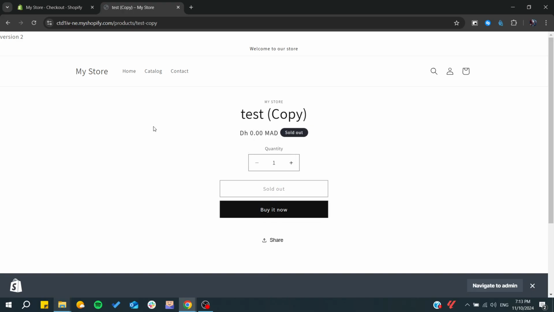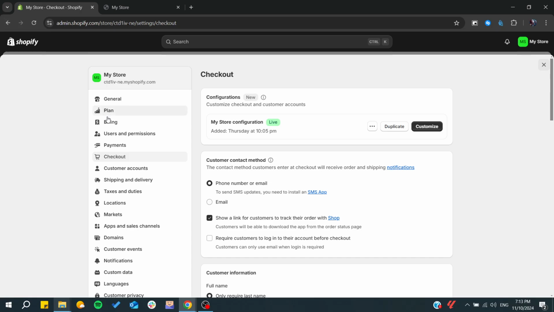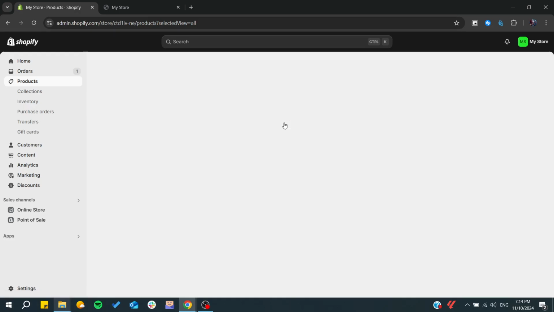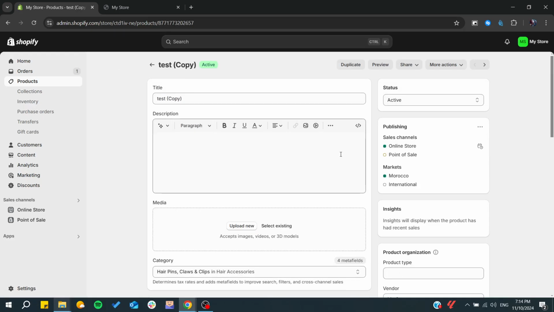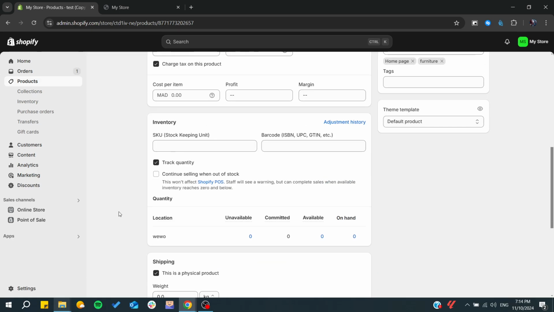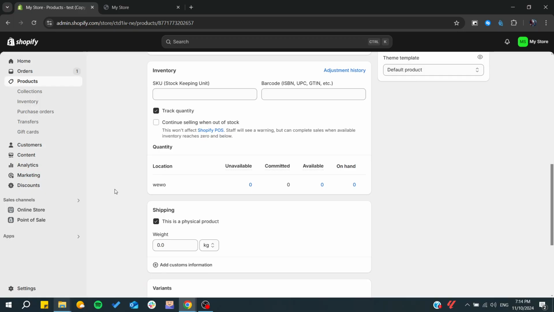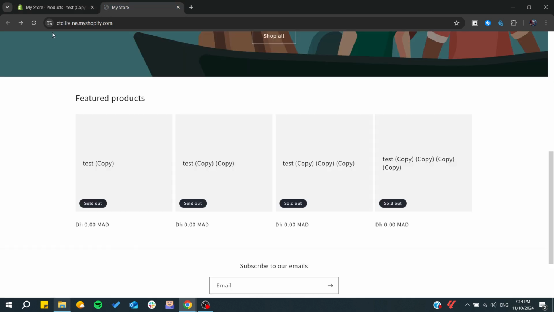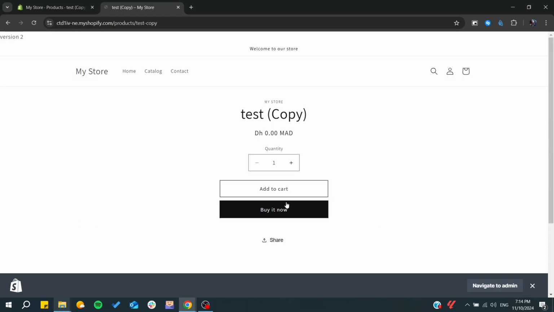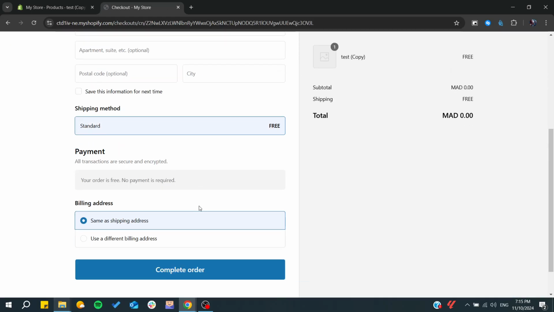Make sure that there is some quantity in your products page. So for example, going to the products, and for here, we can add in inventory some amount. So let's just add the amount available, and then we can come and refresh, and basically we can click on our product and click on buy it now, and basically it will take us to the checkout,